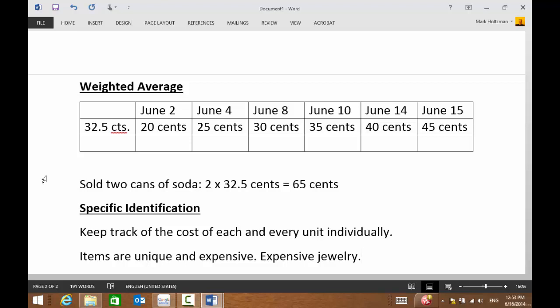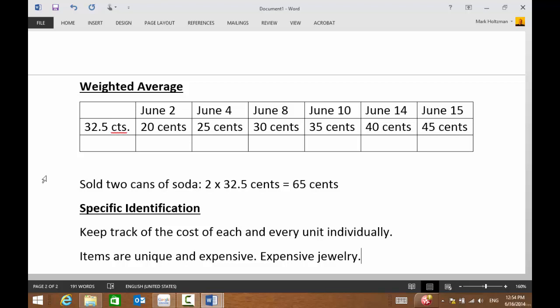And it's funny, they have these markets where they buy and sell diamonds. They're like old-fashioned markets. And people walk around, they just have these paper bags with diamonds inside. And they open up the paper bag and pour it on the table, and there's like 4, 5, 6 diamonds, and they look at each one of them. They weigh them, they look at them, they rate them, and all that. But every one of them is unique. So what would you do? You would keep track of the cost of each one of them individually, because each one is unique, and each one has a different value attached to it.